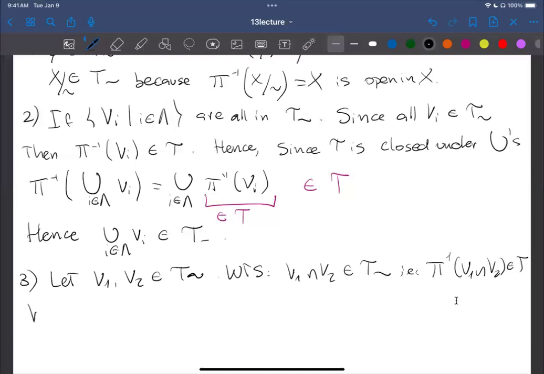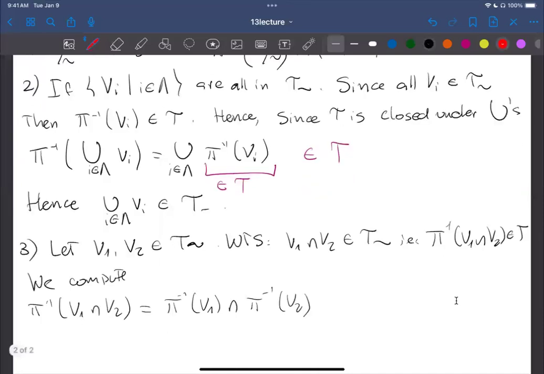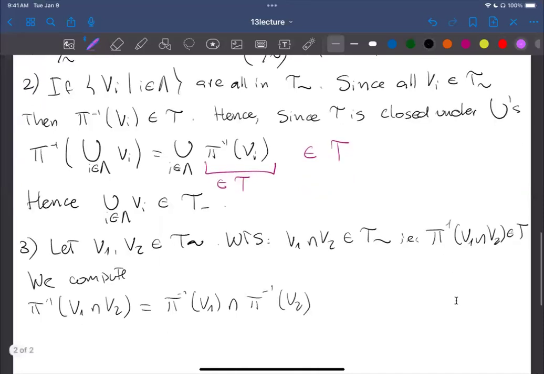But now we compute the preimage of the intersection. Well, we know preimages behave well with intersections. So this is preimage of V1, intersection, preimage of V2. And this guy lives in T. Second one lives in T